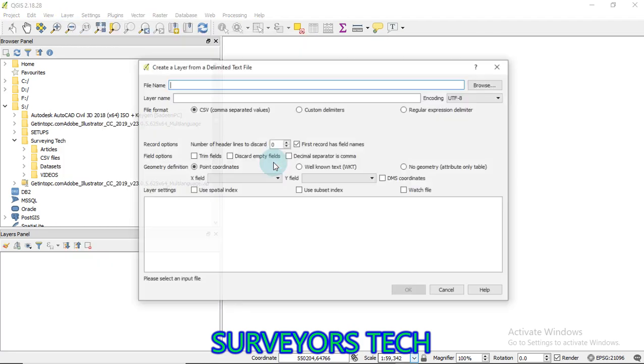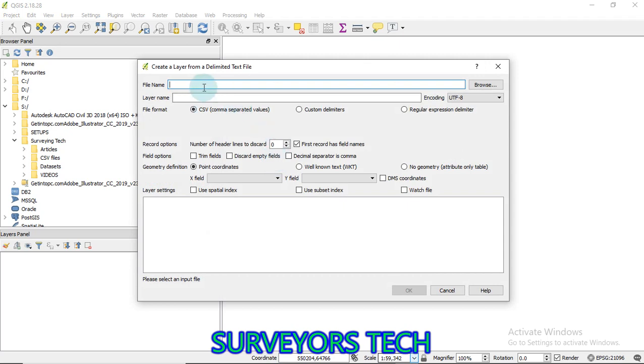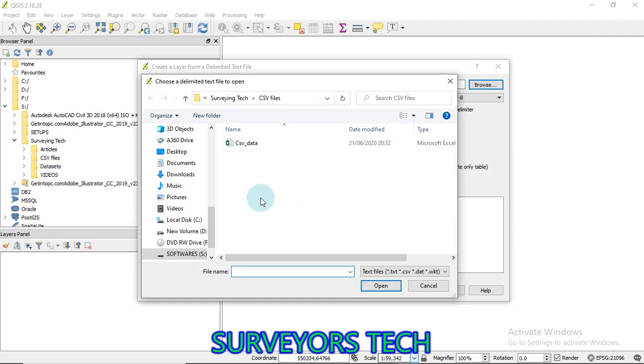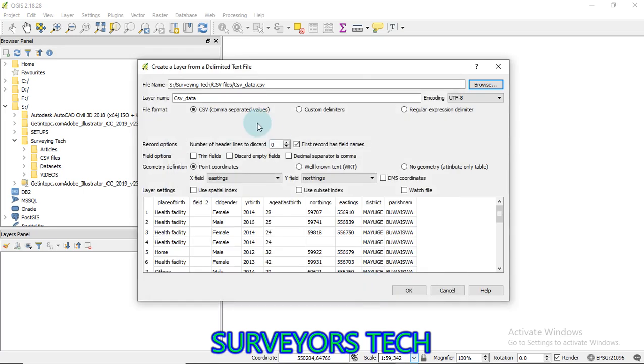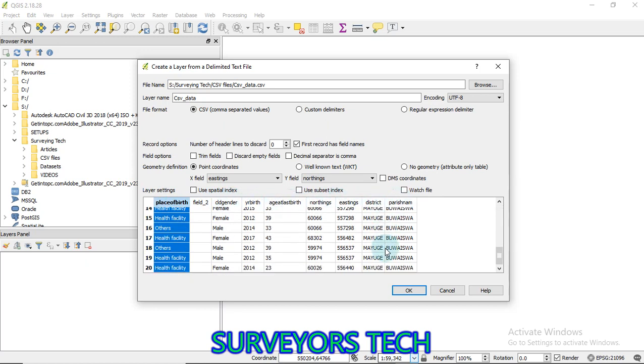Click there. Now here is where we browse for the file where you have your data. We select our file that has our point data. After selecting it, it displays information in a table with these headers: place of birth, gender, year of birth, northern, eastern, district and parish.